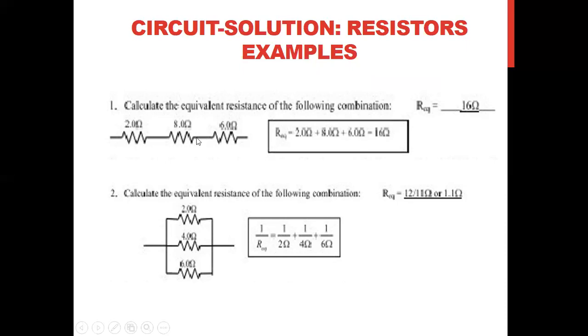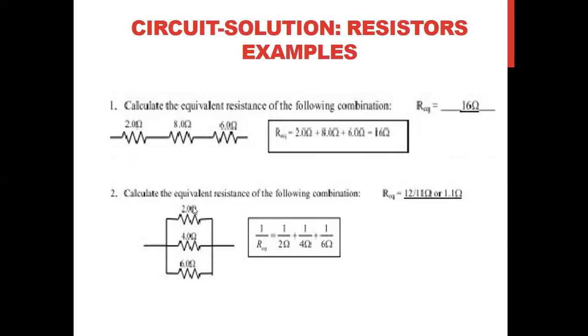Because they are in series, our equation is straightforward. Total resistance or equivalent resistance equals just a straightforward summation: 2 plus 8 plus 6. It is 16 ohm. Whereas in parallel orientation, the 3 resistors